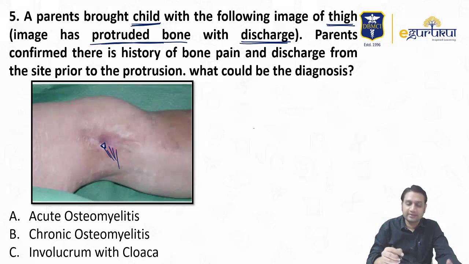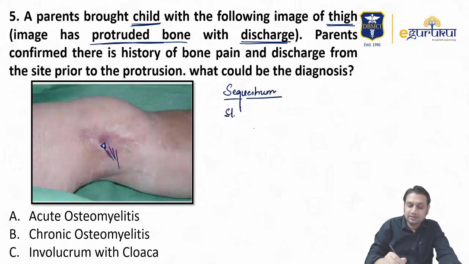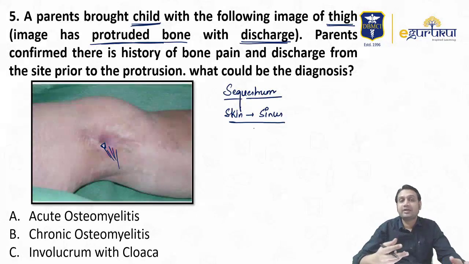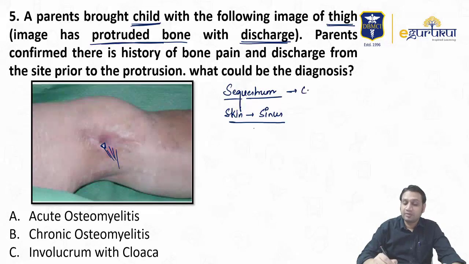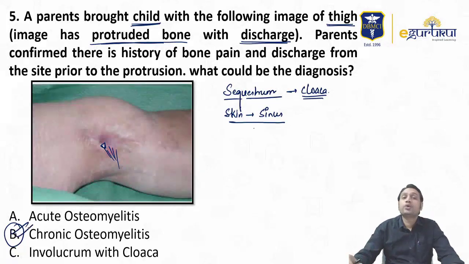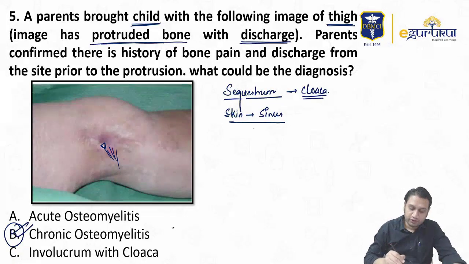What are the important points here? If there is a bony pain with discharge and a piece of bone is coming out, what is it pointing to? That there is a sequestrum. And on the skin, what do you have? Along with this, on the skin we have an opening, which is known as a sinus. The sinus is getting infective material from the bone. That means along with the sequestrum there might be an involucrum, and then you have a cloaca, which is an opening in the involucrum. You must remember that. So which condition is this pointing to? Chronic osteomyelitis.